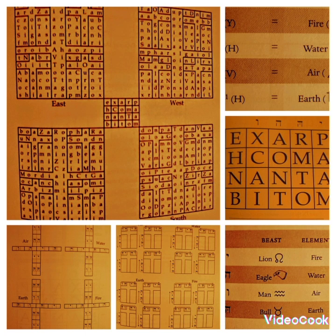Then we have the invocation of the servant angel. I invoke, summon, and call you forth, thou great angel, name, by the virtue and power of your archangel, name, and by the most holy name, the calling name, written upon the foundations of the world. In and by these names, and by the highest name of God borne upon the banners of the direction, the 3 supreme divine names of the watchtower, and by the great elemental king, name, and by the sacred letters of the mystical Table of Union, tablet letters,